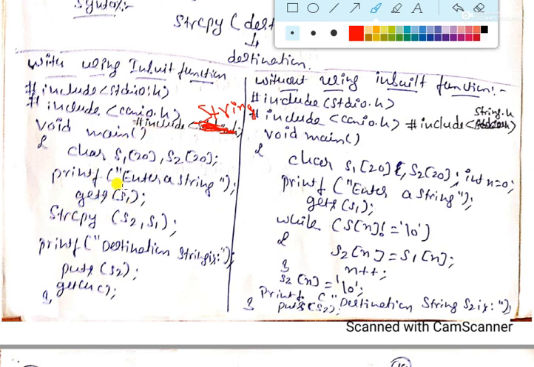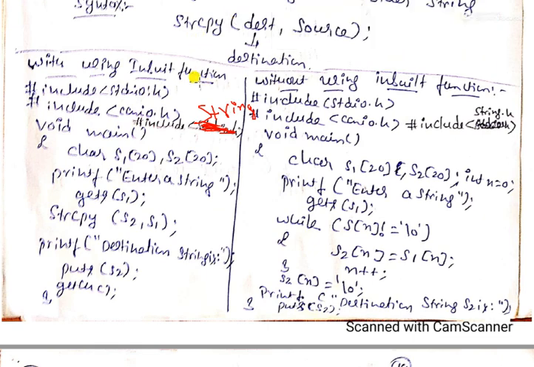So the string copy function. As per the syntax, first we have to mention the destination. What is the destination string here? s2. Here we are going to copy from s1 to s2. s1 is the source and s2 is the destination. So in the place of destination you specify the s2 string, and then separate these two string values by using a comma.